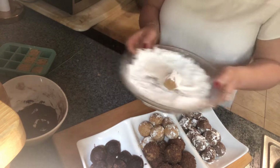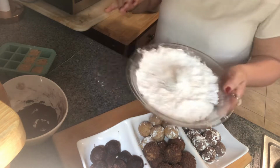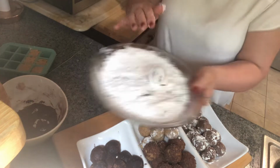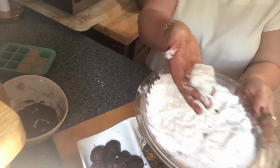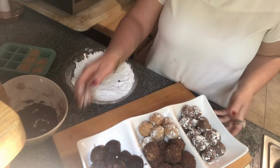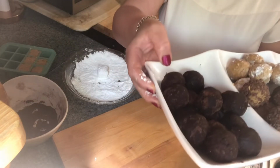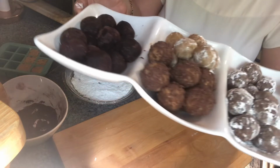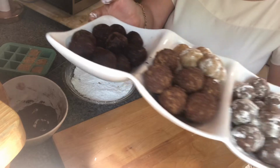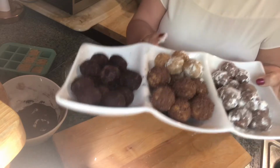Make them different flavors. You can use the chocolate, and you can make it into little squares. That's just a tip that you could do. And I have my truffles here that I prepared for you, the chocolate with the cocoa powder, and we have our vanilla stuffed with raisin and chocolate chips, and we have our walnut truffles,